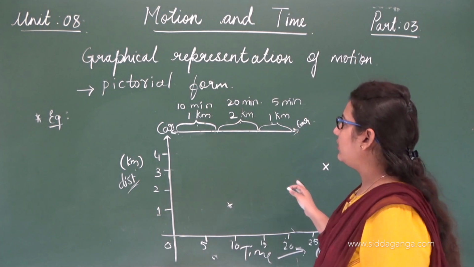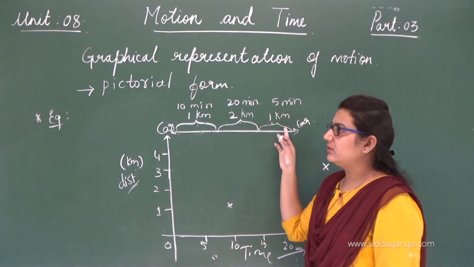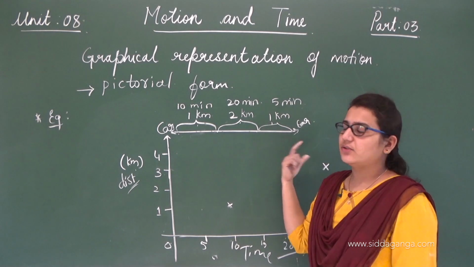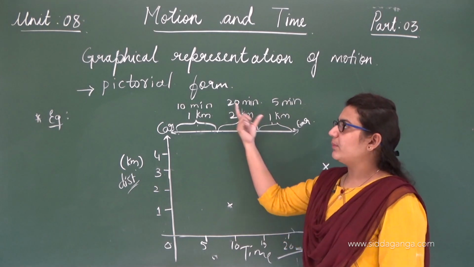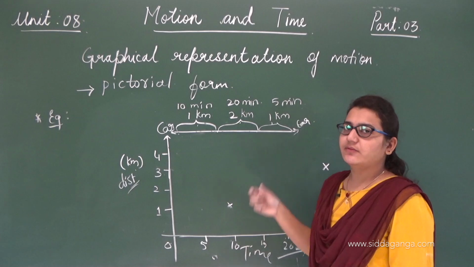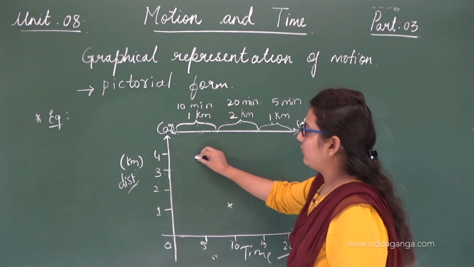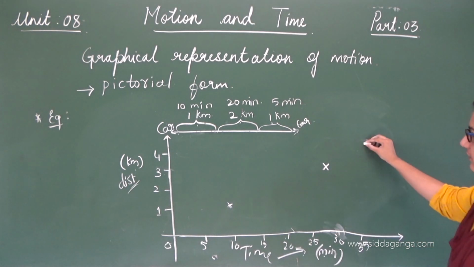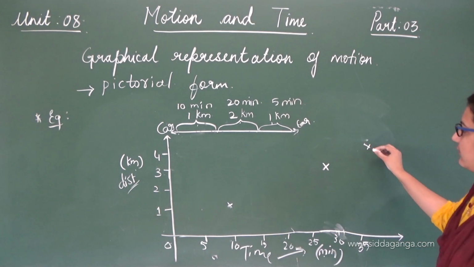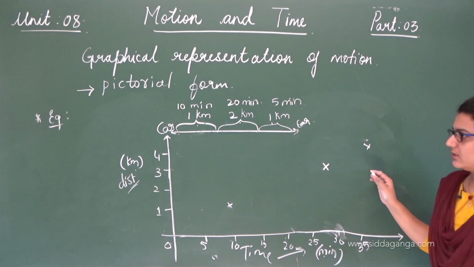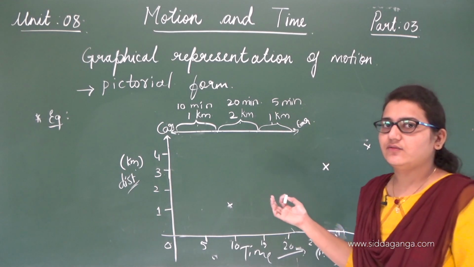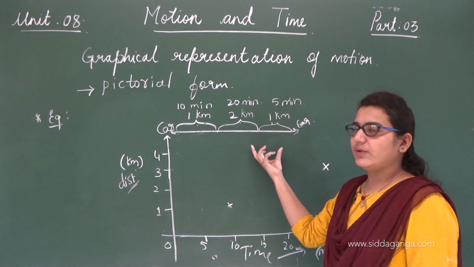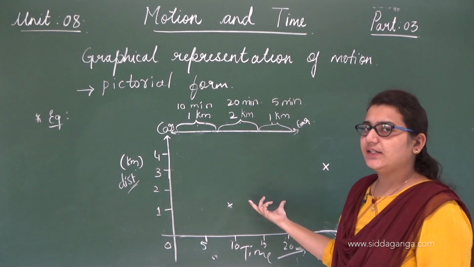Right. So to reach the end of the destination, the car has covered 1 kilometer plus 2 kilometers plus 1 kilometer. That would be 4 kilometers overall, and the timing would be 10 minutes plus 20 minutes plus 5 minutes. Here this is the 4 kilometers and 35 minutes, so here we will get the point. So these are the points we have got using the data we have. Using this data, we have represented it in graph form.